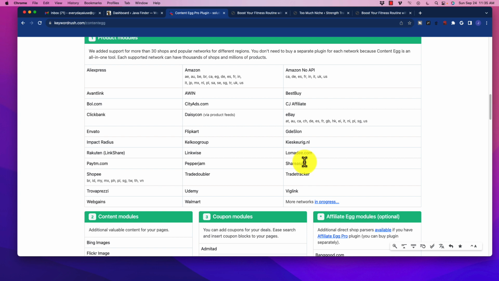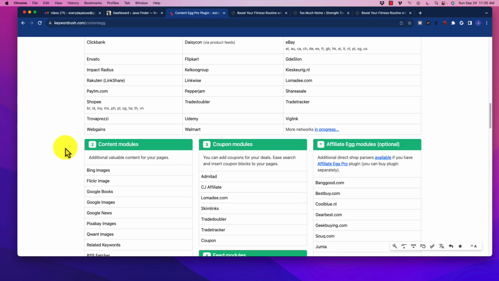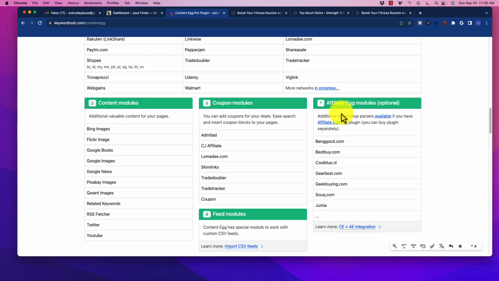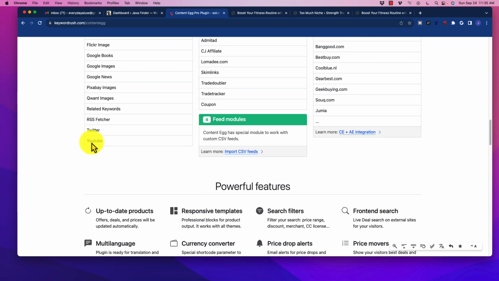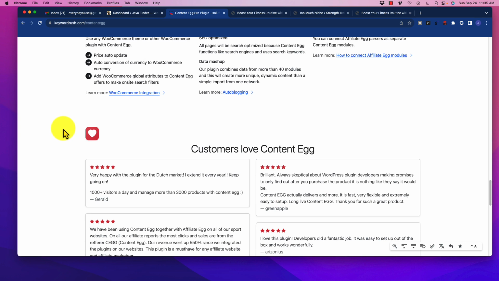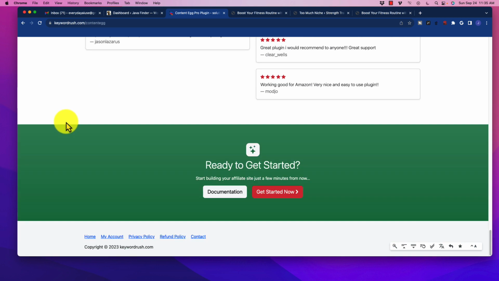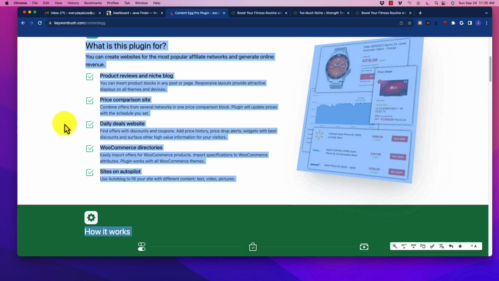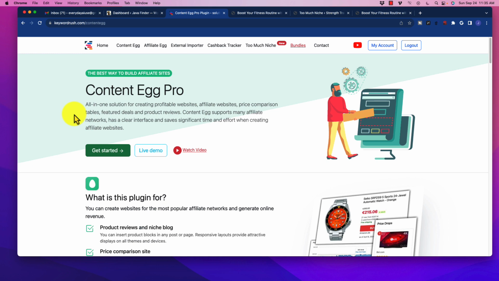Walmart, Udemy, ShareASale, all those common ones here, CJ Affiliate, and of course, Amazon, AliExpress. There are coupon modules, content, and all of these other different types of sites. So this is a very powerful tool. It's pretty impressive that they've been able to put this together in this kind of depth. And again, mentioning I haven't even heard a whisper about this tool